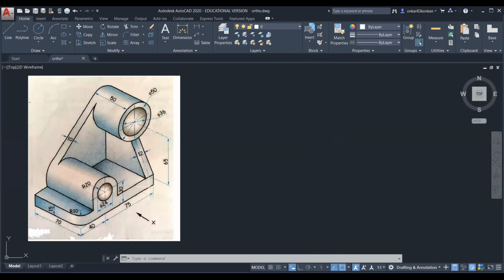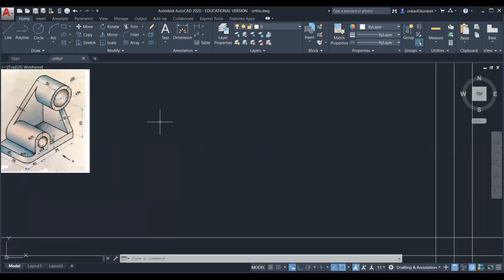So this is 134. Okay, so 134 is the width and height. So height is 65 plus 15, that is 80, plus 25, so it is 105.